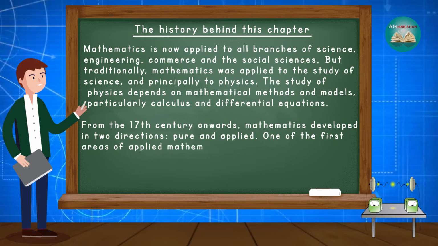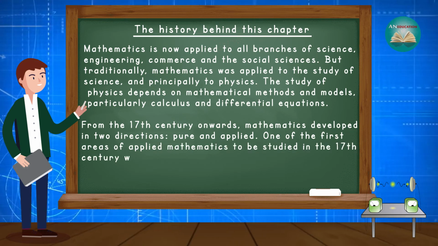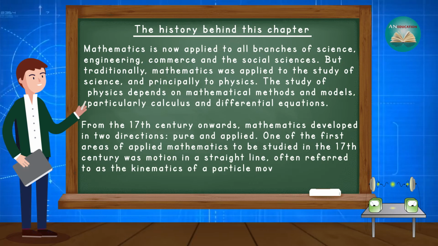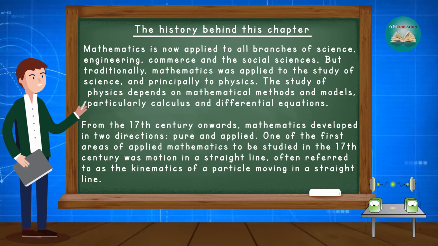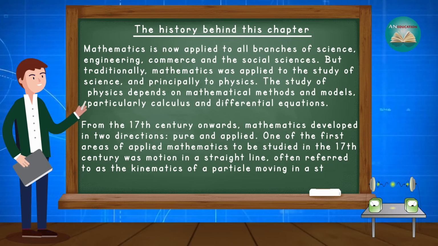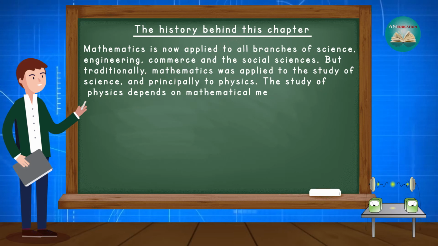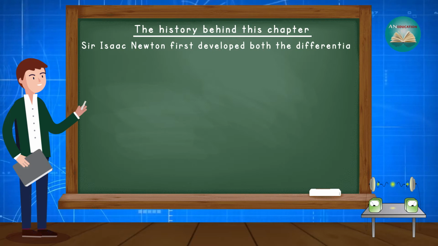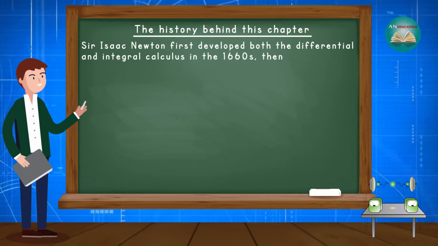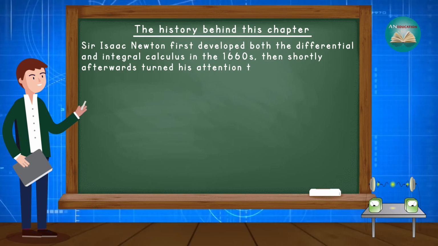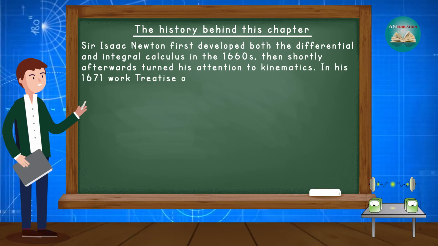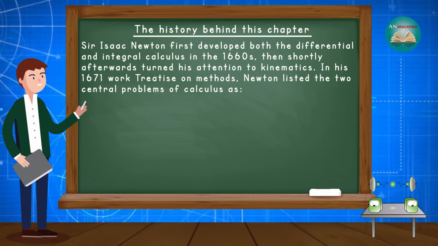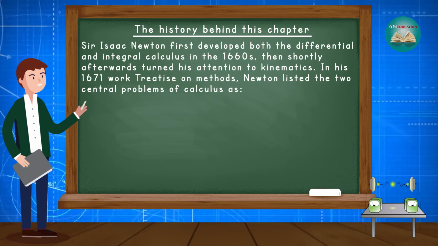One of the first areas of applied mathematics to be studied in the 17th century was motion in a straight line, often referred to as the kinematics of a particle moving in a straight line. Sir Isaac Newton first developed both the differential and integral calculus in the 1660s, then shortly afterward turned his attention to kinematics. In his 1671 work Treatise on Methods, Newton listed the two central problems of calculus as: first, given